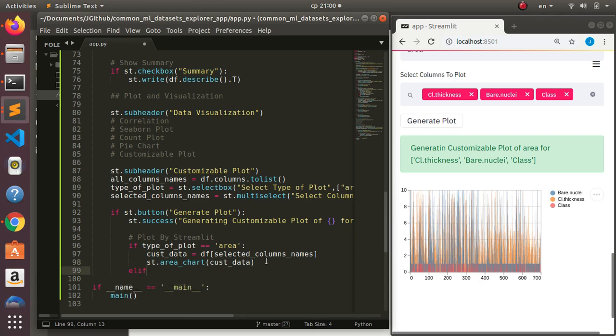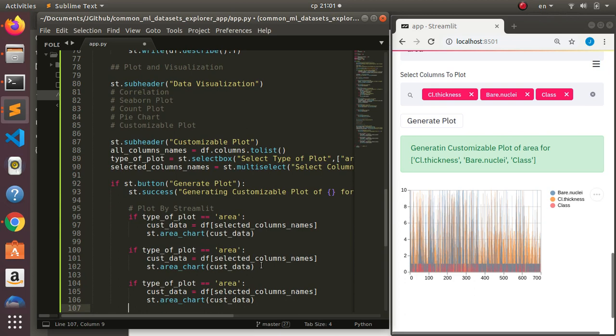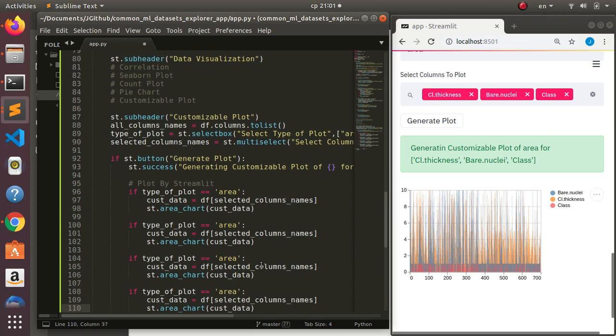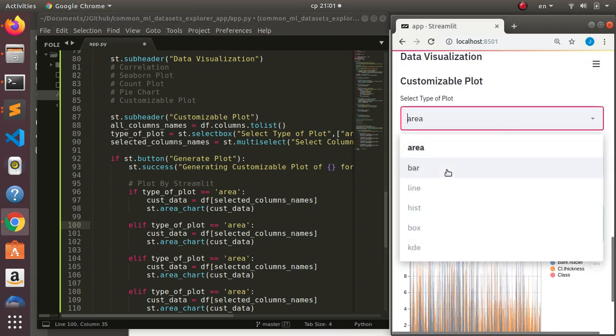So else if, you can also do the same thing. Let's copy this one because it's going to be the same thing. This is going to be for our line plot, then this is going to be for our other plot. Realize that we had area, we have bar, we have line, right? So one will be for bar,